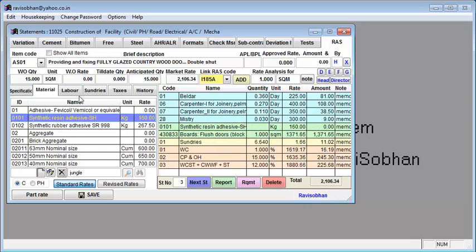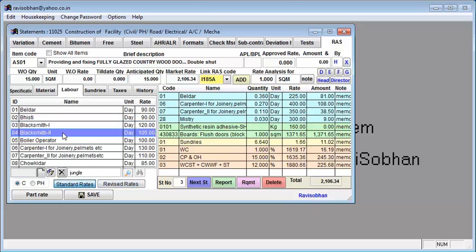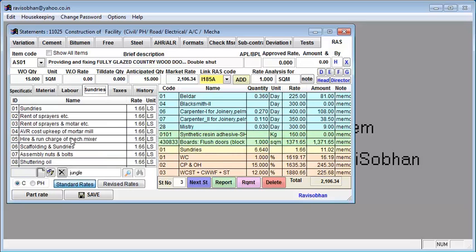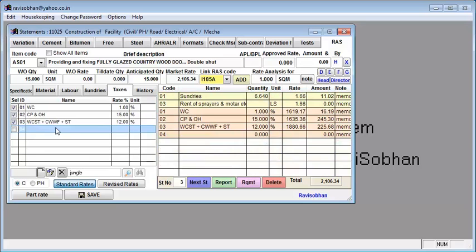So material is added here. Now labor, go to labor. Labor is standard. Add this by double click. So this is adding here. Similarly, sundries. Double click here, added. Then the taxes. Tax also, by double clicking it, will add there. So it is added here. But